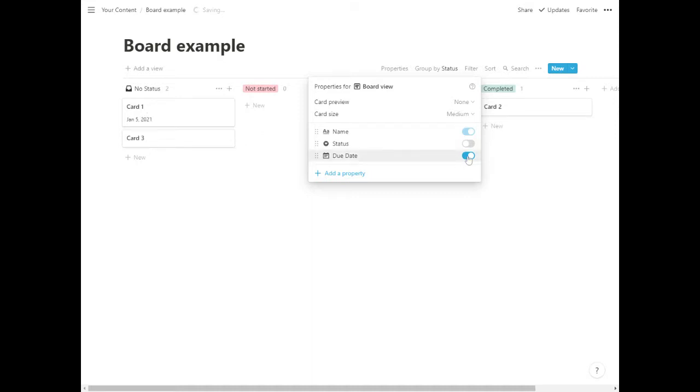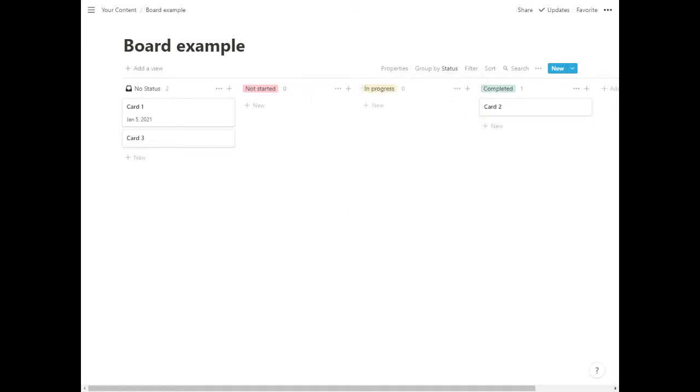And this is nice because you can keep your cards clean. You want to keep them simple or start showing more of the stuff. You could actually show the status in there with it as well, which would be kind of silly in this case, but it allows you to do that. So some neat things you can do with boards. If you've used Trello for anything, this should be fairly familiar to you. Trello in the Kanban style is a bit more powerful, but this, with everything else you can do, I think